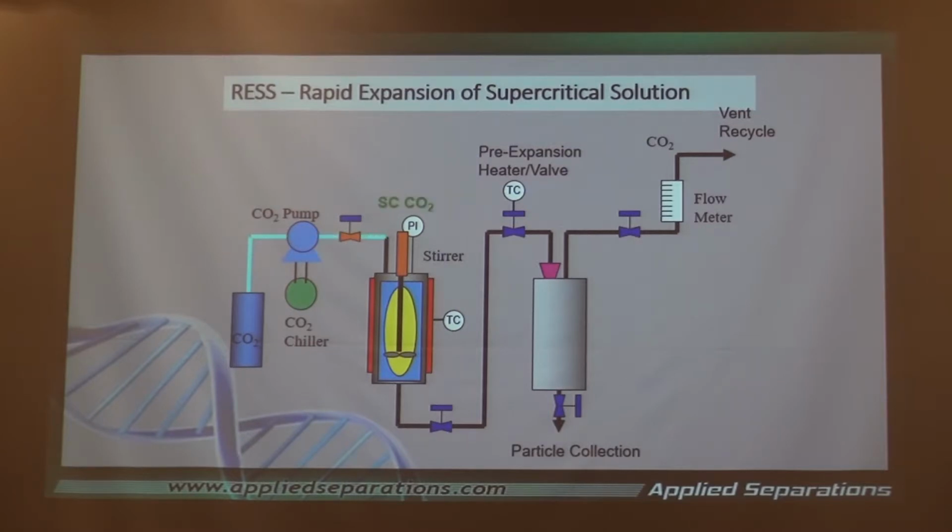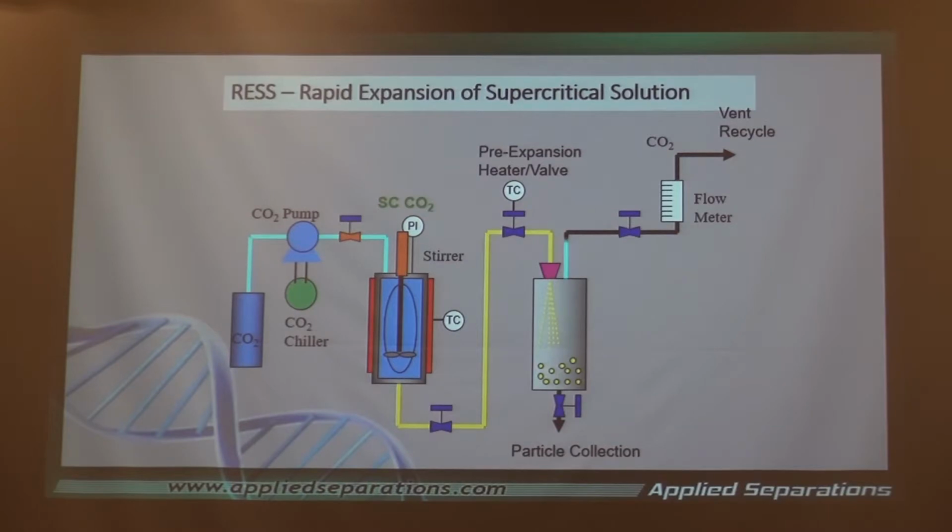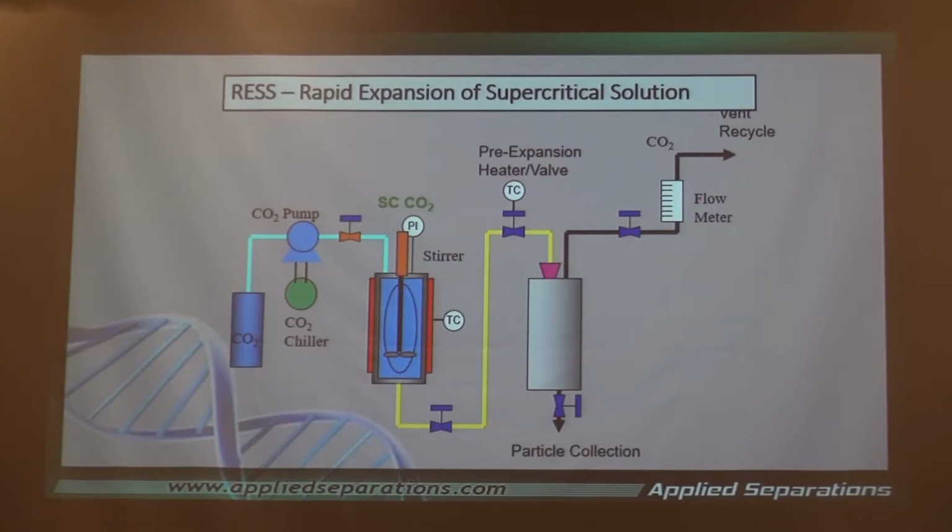So we bring in the CO2 at this point, and then the CO2 goes ahead and dissolves the compound, and then all we're doing is spraying it into an ambient state. Spray it in, and then we meter out, and the CO2 either gets recycled or it gets vented. Now, very straightforward. We can put this in air, but one of the things that's important to do, and I will talk about it a little bit on a laboratory scale, is it's real easy just to coat the sides of this.